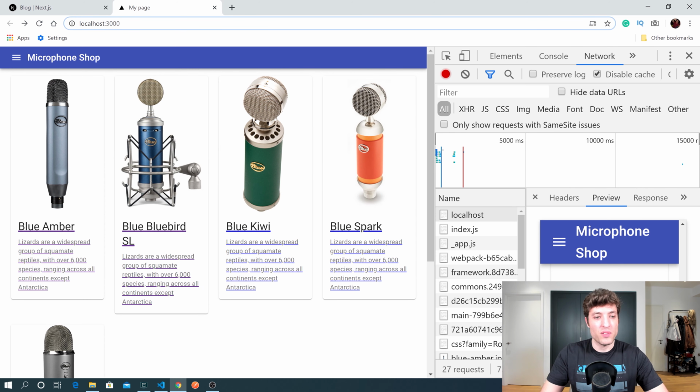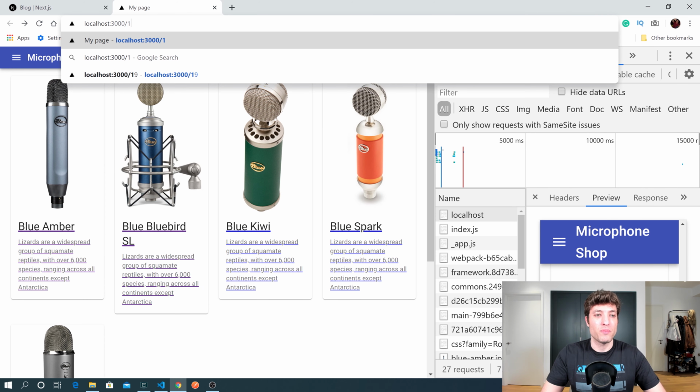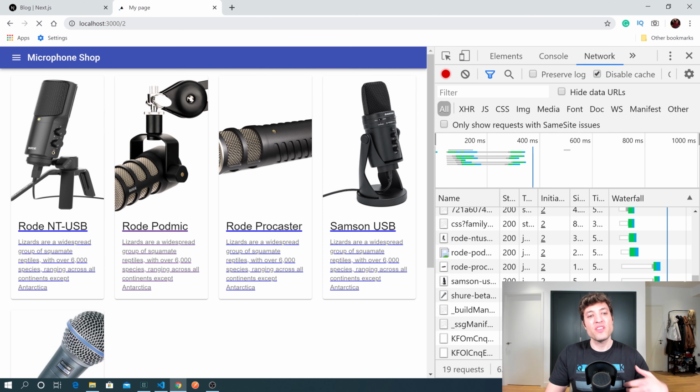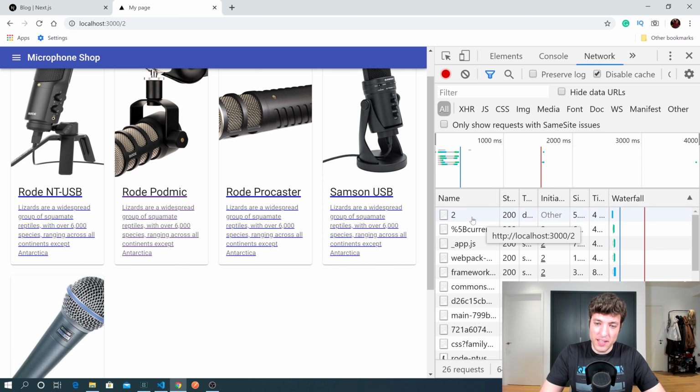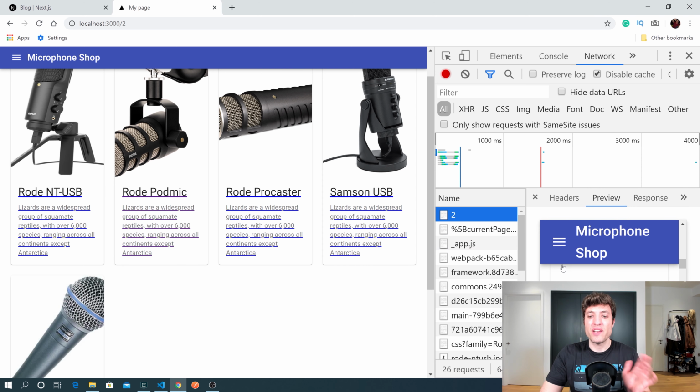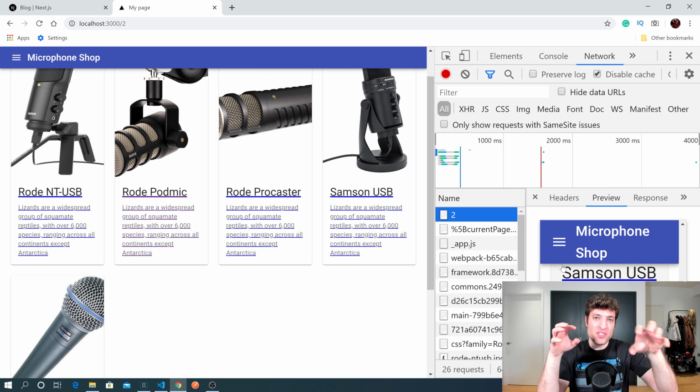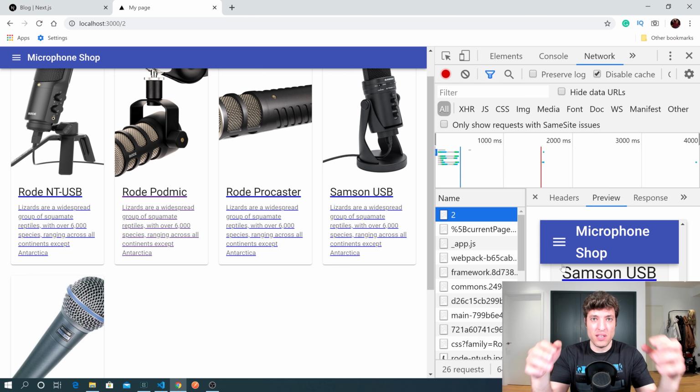If you navigate to page number 1, for example, or page number 2, you will receive 5 more microphones. And those 5 microphones, once again, were statically generated. So we are just receiving this HTML already pre-rendered at build time. There is no server-side rendering in this process that I'm showing you. Everything was built at build time in Jenkins or TeamCity or CircleCI, whatever build system you